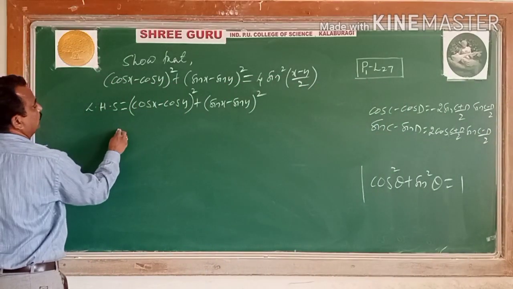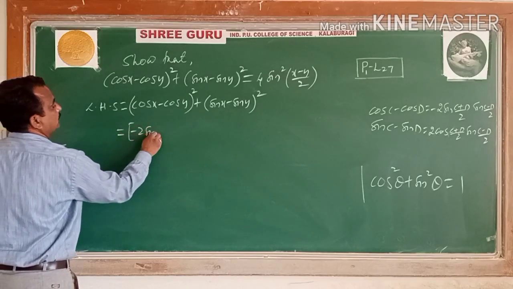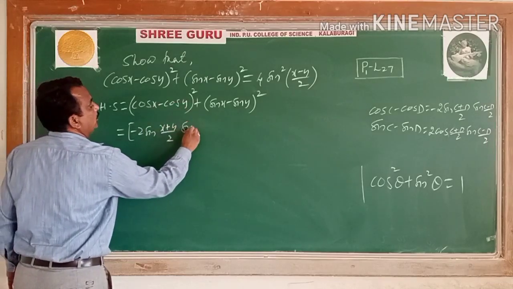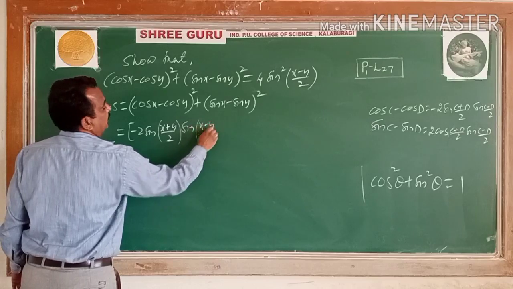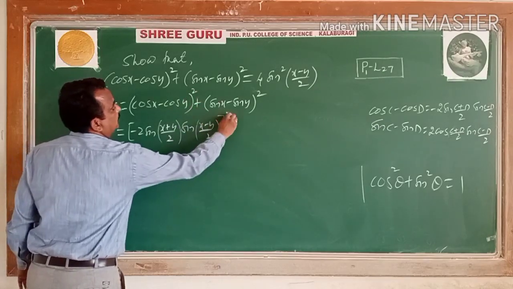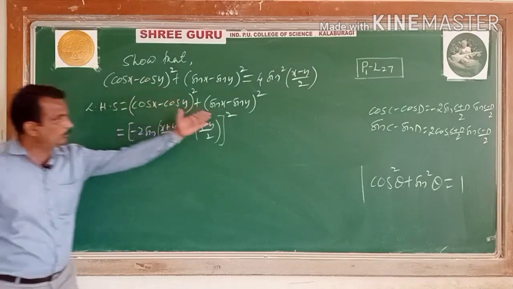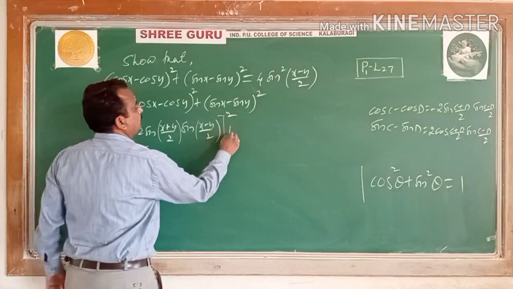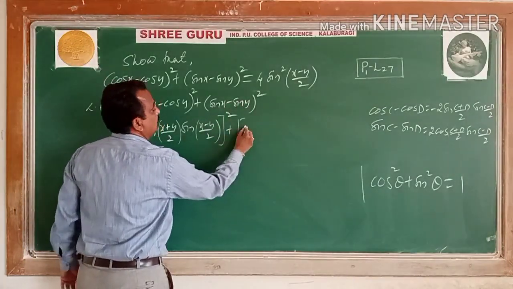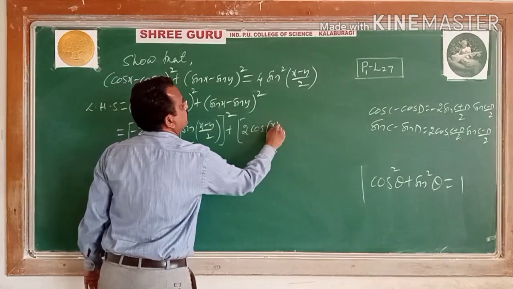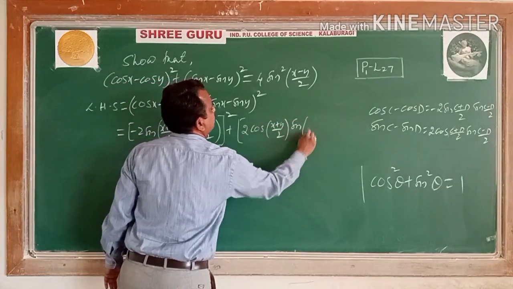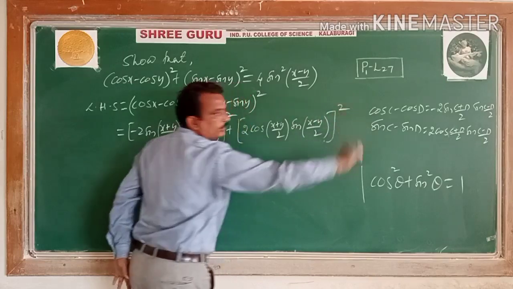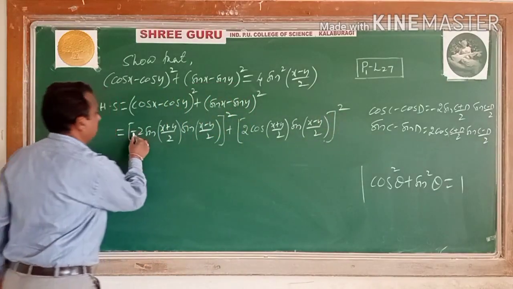So this is equal to, see, both sin: sin of (C plus D) by 2, C is x, D is y, into sin of (x minus y) by 2, the whole square. Let us write down that square as it is. If cube, you may take cube, whatever the power may be. If the power is 4, you may take it like that. Plus sin C minus sin D: first cos then sin, whole square it is. You may expand this one here.